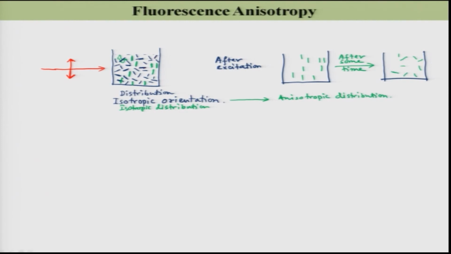So, you see that the number of molecules is the same, right: 1, 2, 3, 4, 5, 6, 7, 8, 9 here, and also 1, 2, 3, 4, 5, 6, 7, 8, 9. While changing its orientation, the molecule will also come back to the ground state, right, because of its natural lifetime. So, this is a complicated situation. Here, let me talk about the emission intensity. If you see the emission intensity as a function of time, the total emission intensity will decay as per its natural lifetime, but if you see the emission